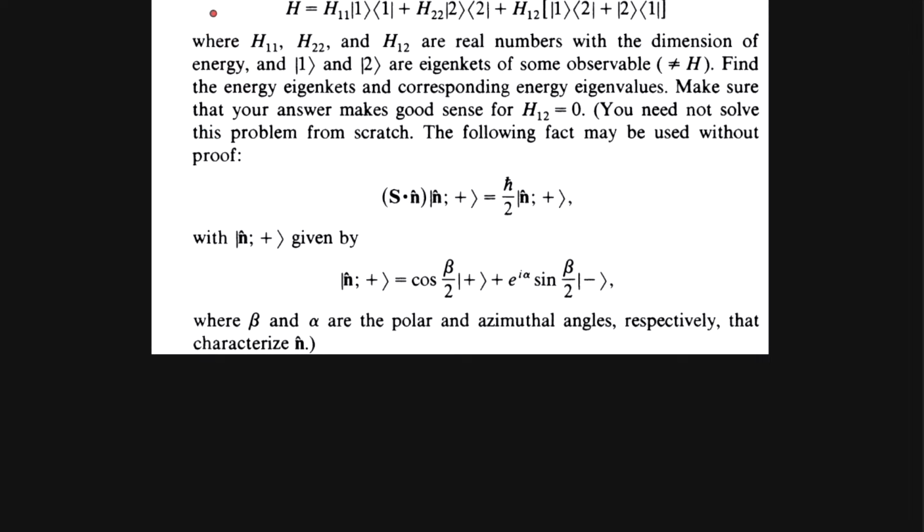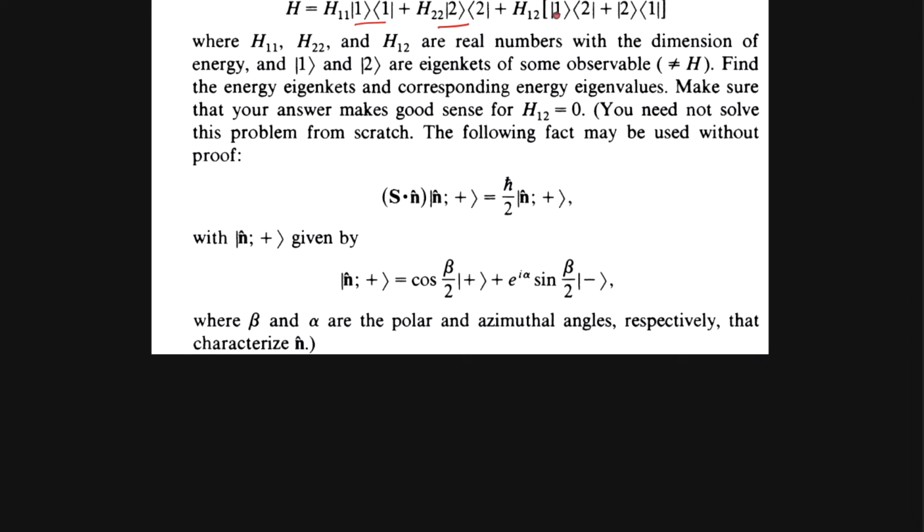Now we will solve question number 11. In question number 11, it is asked: a two-state system is characterized by the Hamiltonian H equal to H11 |1><1| + H22 |2><2|